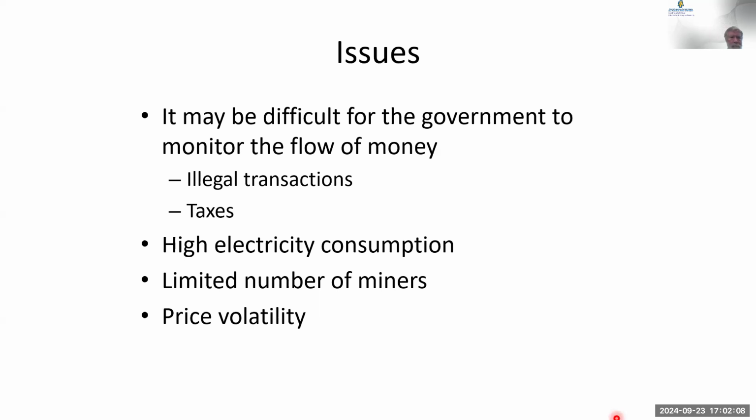Couple of issues about Bitcoins. For many cryptocurrencies, it's difficult for the government to follow them. People tend to use Bitcoins for illegal transactions. If you want to buy drugs or a bunch of weapons, boxcar full of AK-47s, people tend to like to use Bitcoins, even though they are not private. We'll talk about that. And they want to have taxes. There are a lot of companies out there that tell you they'll help manage your cryptocurrency taxes. Uses a lot of electricity. We'll talk about that.